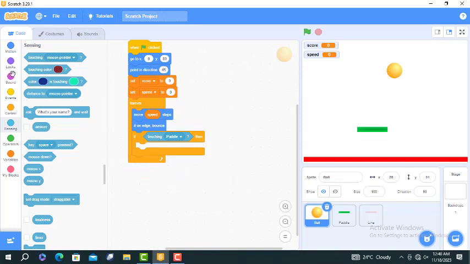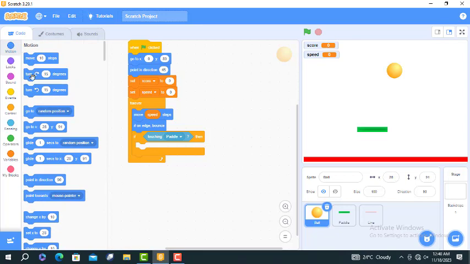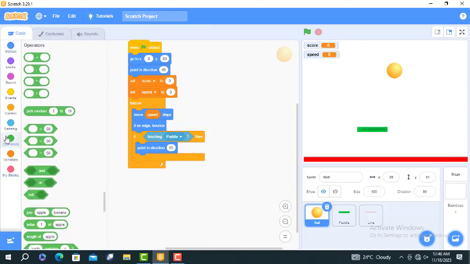Now the next thing we're going to use is let's use point in direction 90, but we're going to change it and use this as the minus. Add it here. I'm going to use 180,